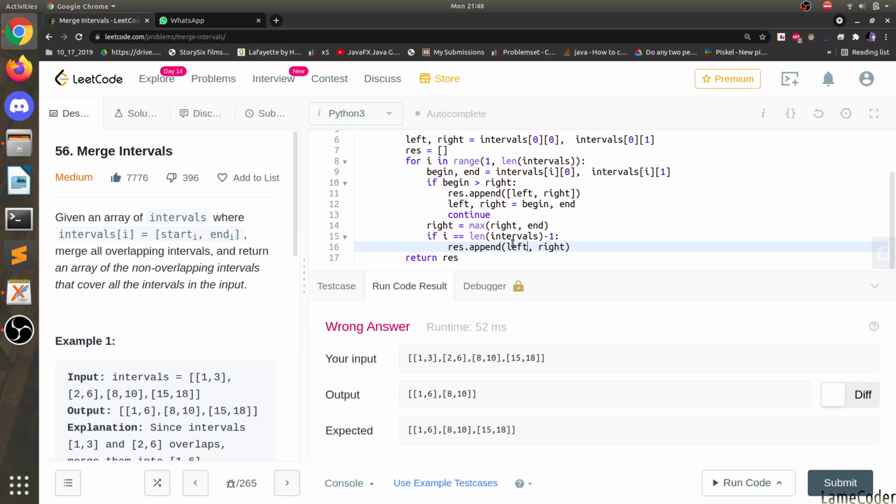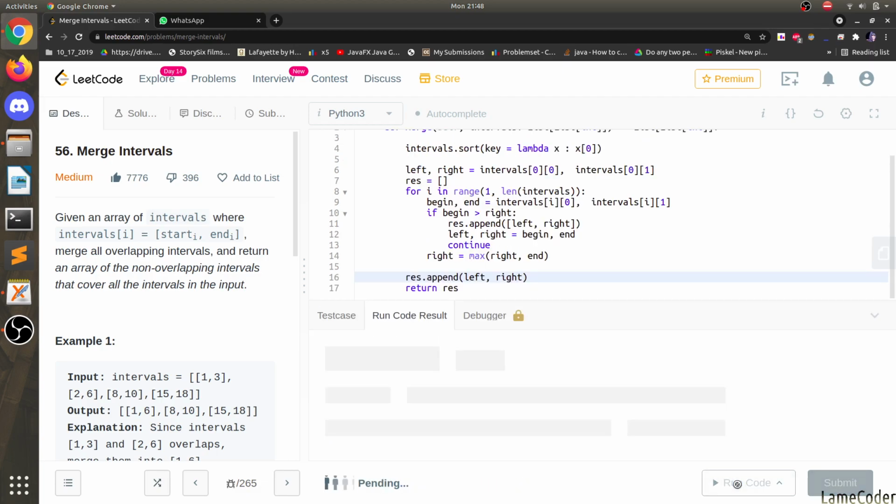But what if left and right? No, no, no. We can do this after everything. Instead of trying to do this here, we can do this at the end after the for loop. Just append left and right.